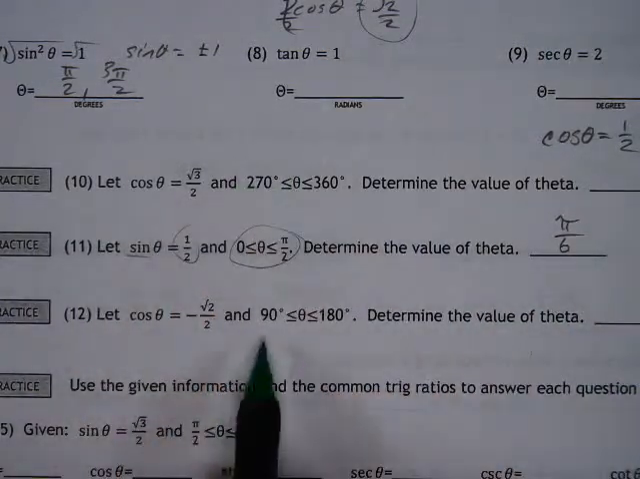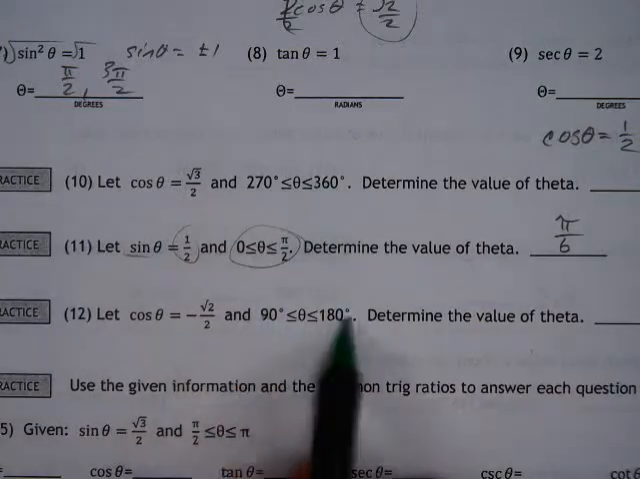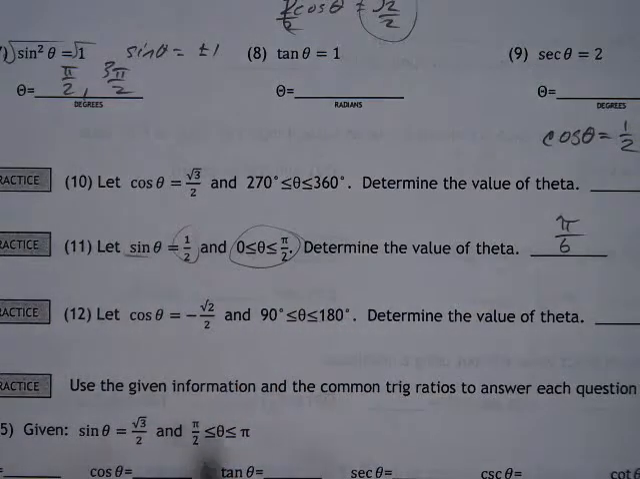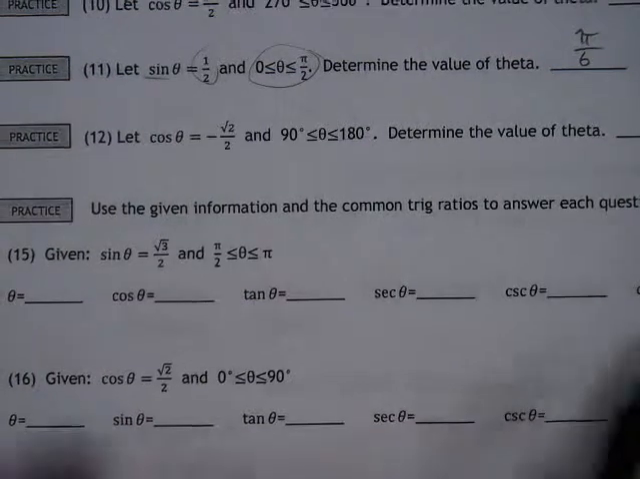These things here are degrees. This just specifies the fourth quadrant. That just specifies the second quadrant. You go on to something like this, and